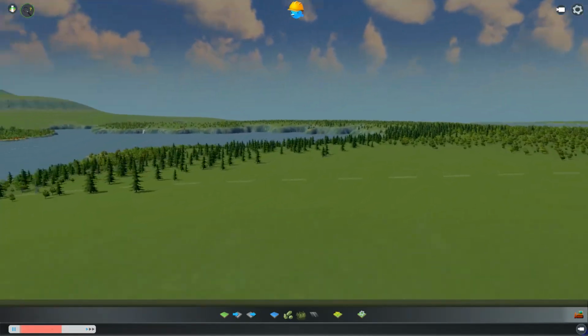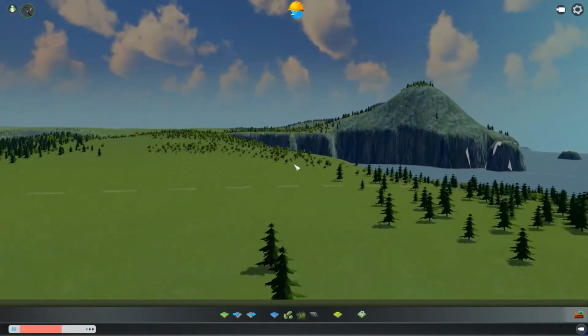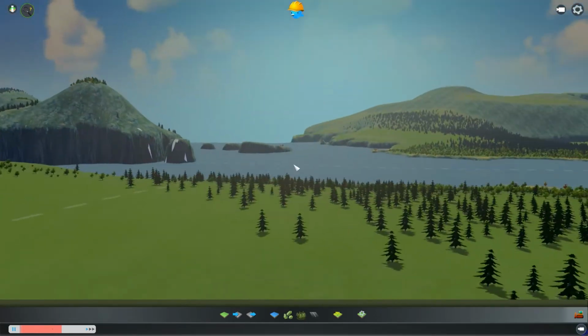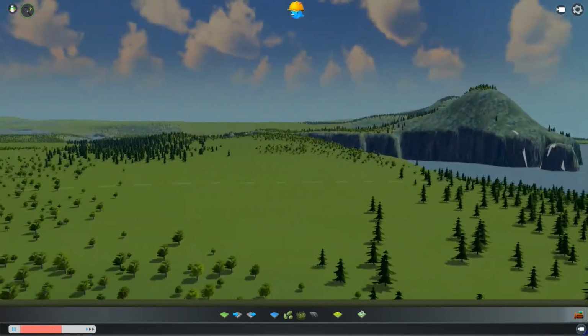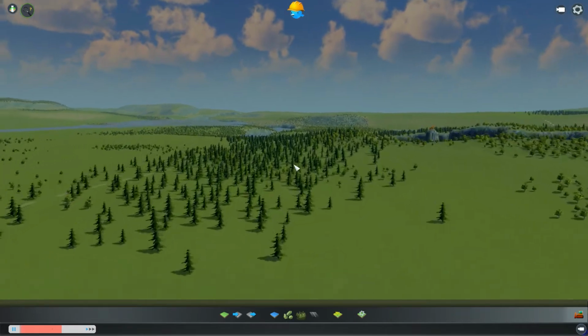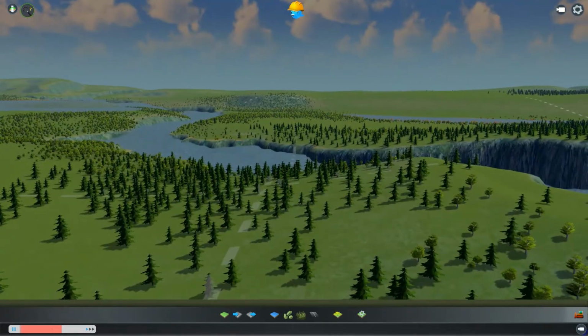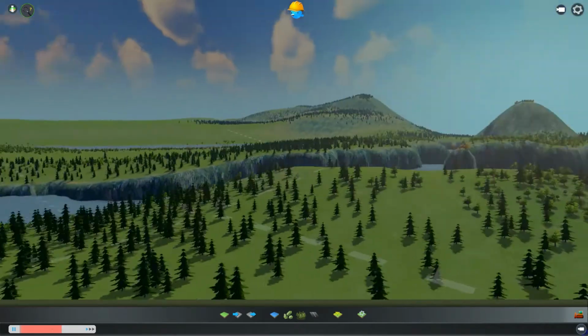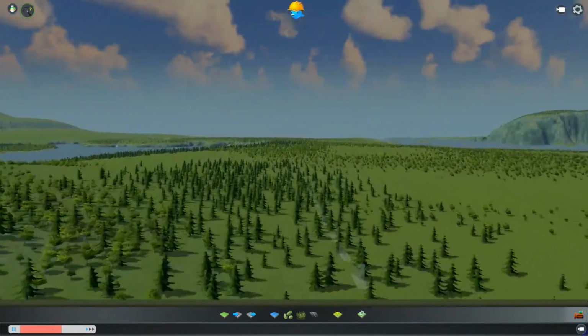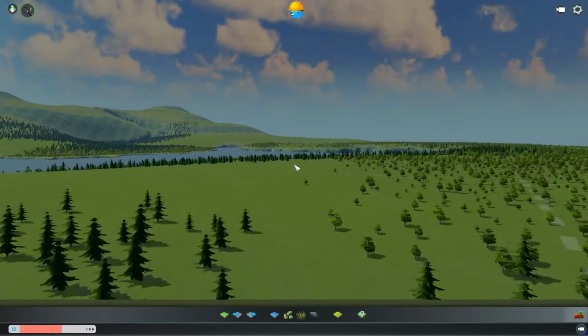I'm not racing to the end, you didn't miss anything. I just thought I would show you one of the maps that I ended up with towards the end of some practice runs. I thought I would throw a couple of trees in it and show you all what it looked like, and maybe use it as a little bit of inspiration for something that we might end up with at the end of our